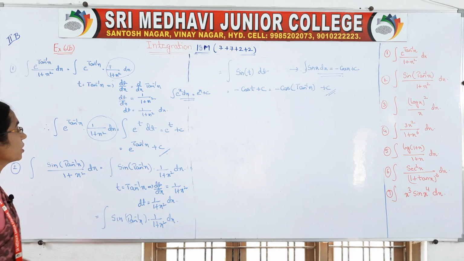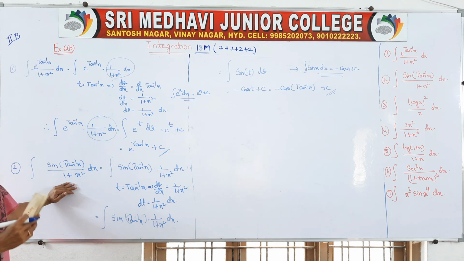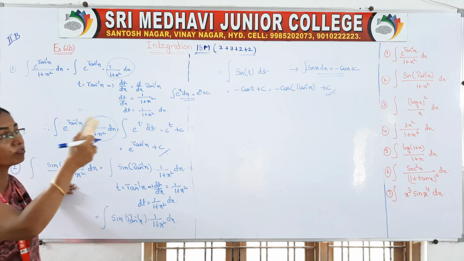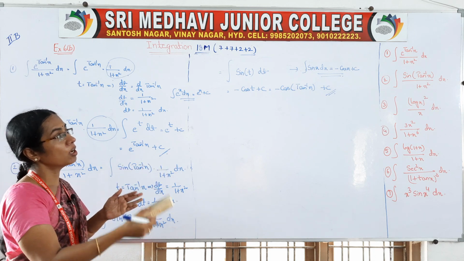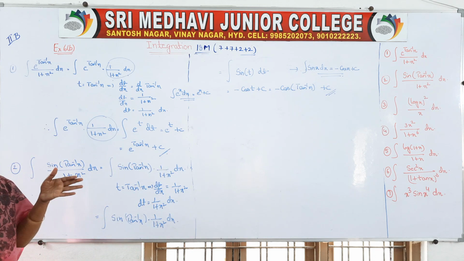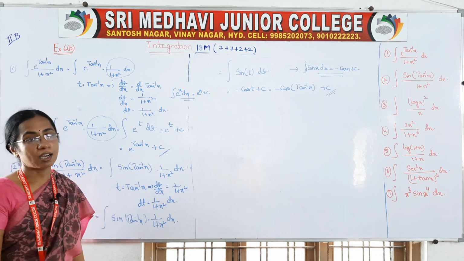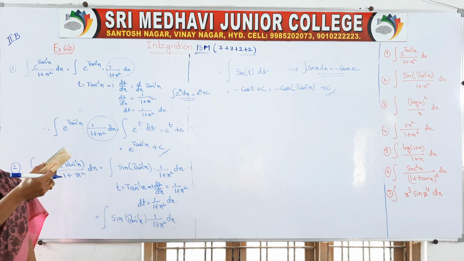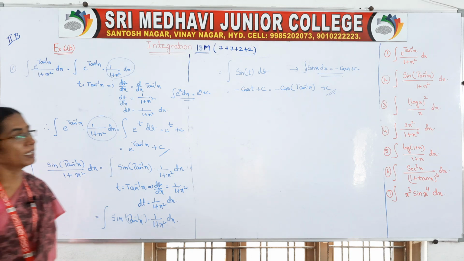Okay, so this is your substitution method. If we take one value as t, we will get another value in terms of dt, and after substitution our problem will come into one of the standard integral formulae forms, so that we can write the answer. At the end again we have to substitute our t value. That is called the substitution method.